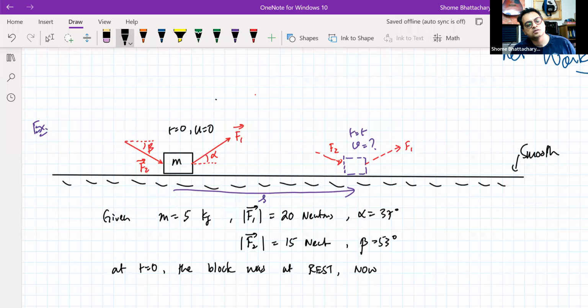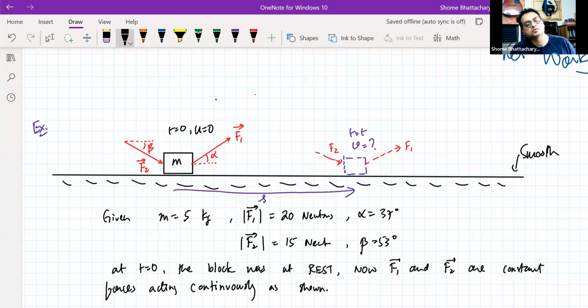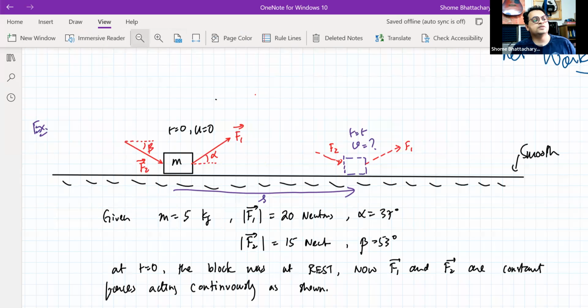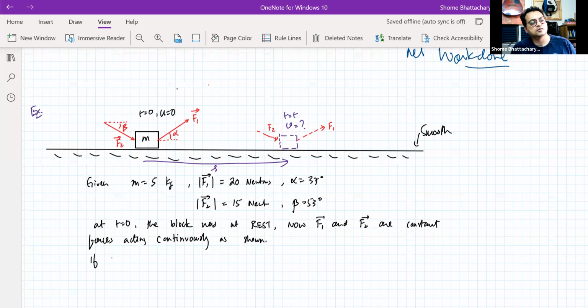Now F1 and F2 are constant forces acting continuously as shown. So if at time t the displacement has become 10 meters, find